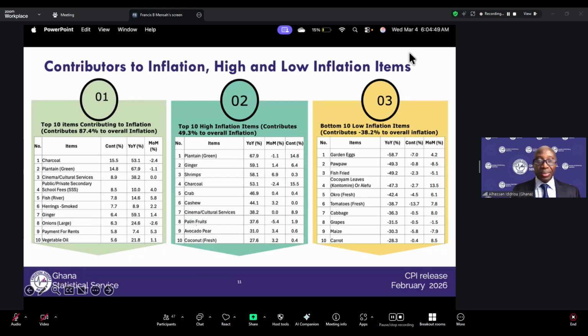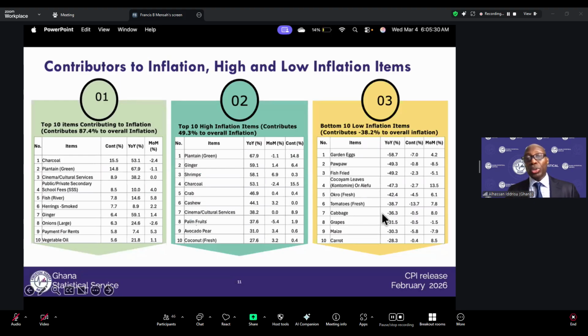So last year, same period, we are looking at an inflation rate which was in the north of 23%. But this year, February 2026, we are looking at an inflation rate which is around 3%. So this means that in both cases, the general price level is rising. But in the first case, which is last year, we are looking at the general price level rising over 20%. But this year, we are looking at the general price level rising around 3%. So that is the difference.